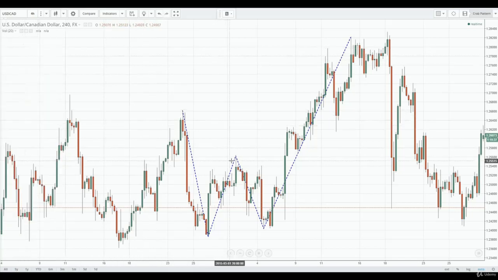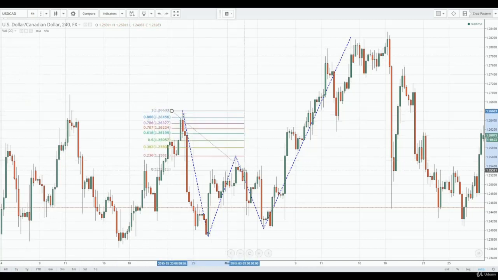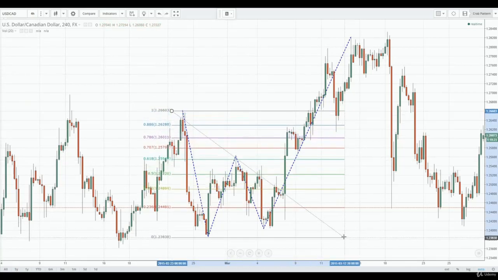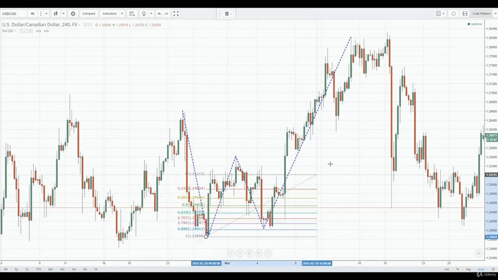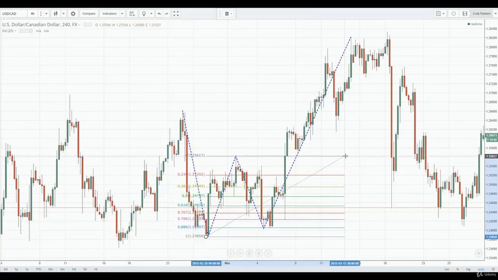So let's go through this. First, we are looking for the XA retracement for the B point. So we get the XA move. B comes in at 618. Again, we're allowed to go from 382 to 618, so that lines up perfectly. We're then going to look for the C point. So A to B, looking for the retracement at the C point, goes all the way to the 886,